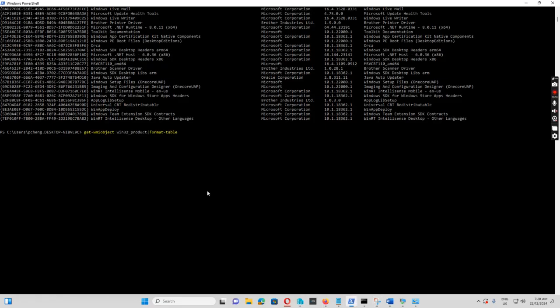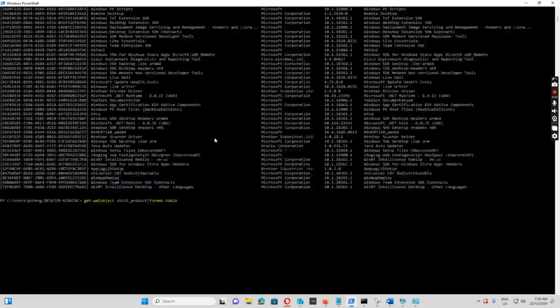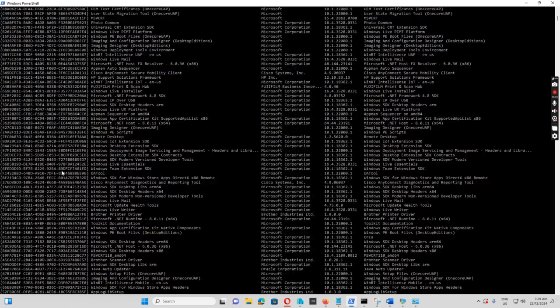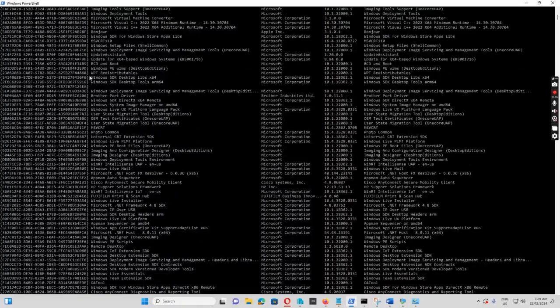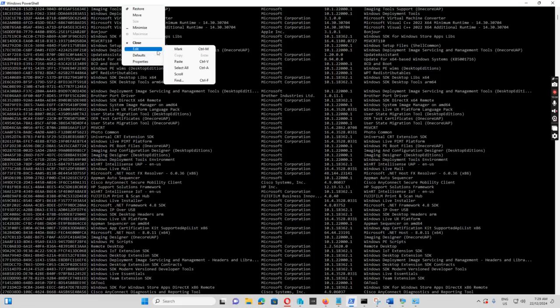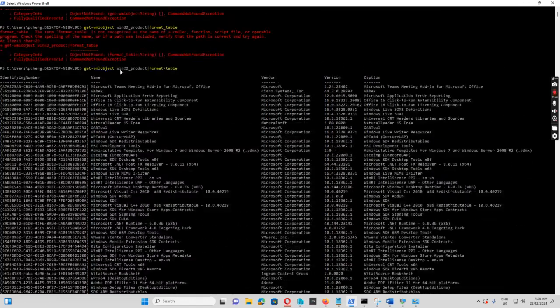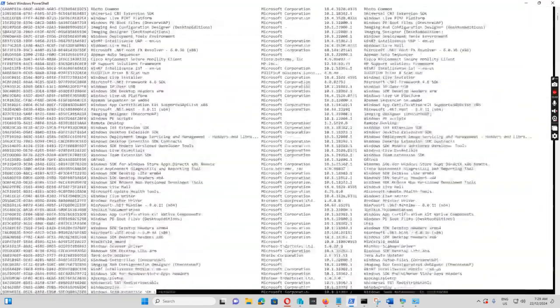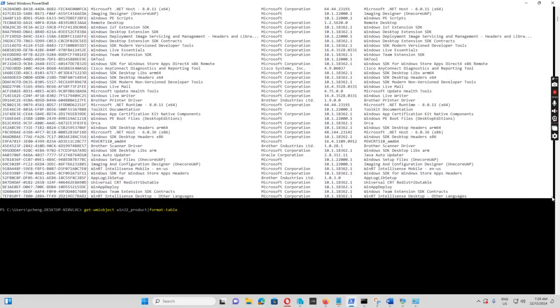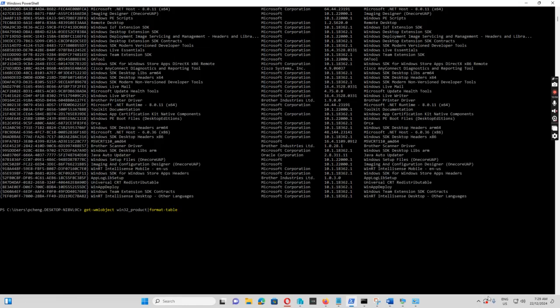This PowerShell command is this one: get-wmiobject Win32_Product, then format-table. After running this one, I get all these applications and the product ID. I just select all, and then from the top, I copy. This is just, I ran it before. I just select this one, click edit and then copy. And then